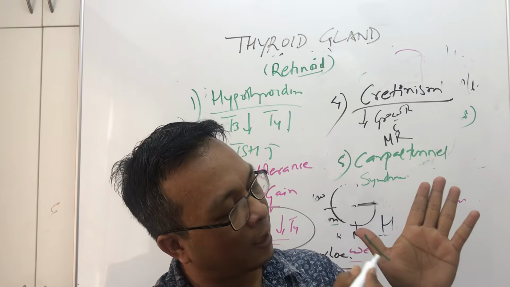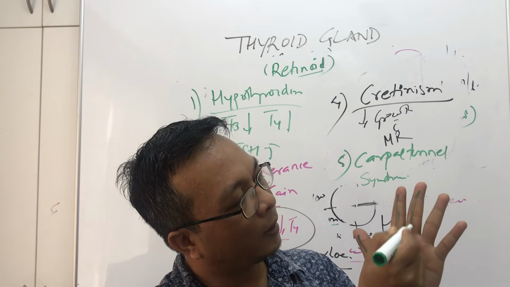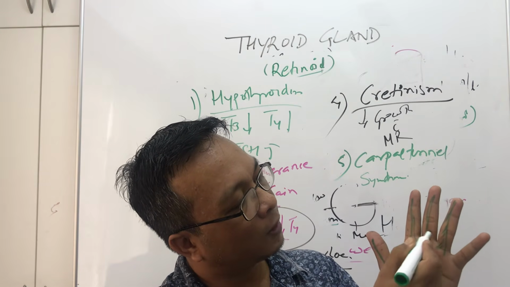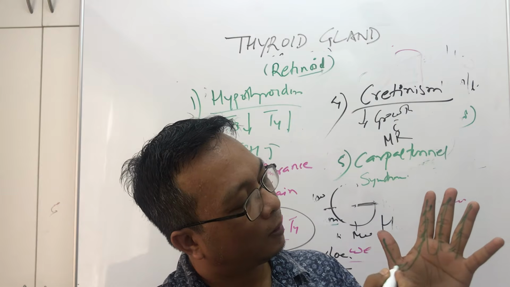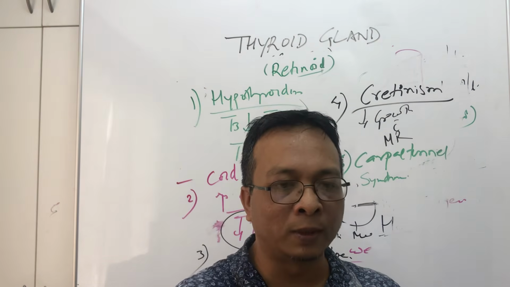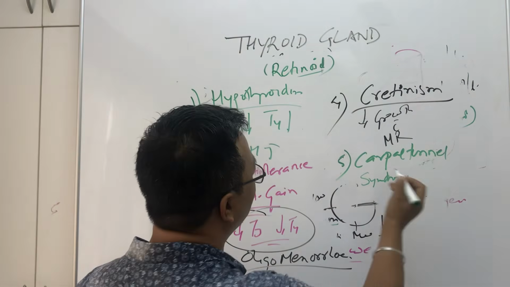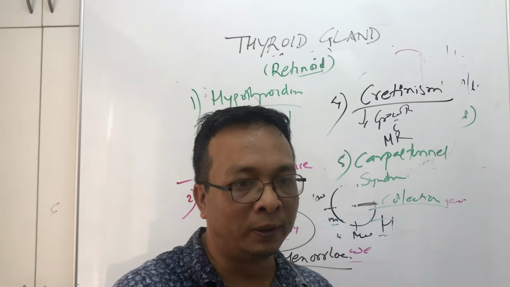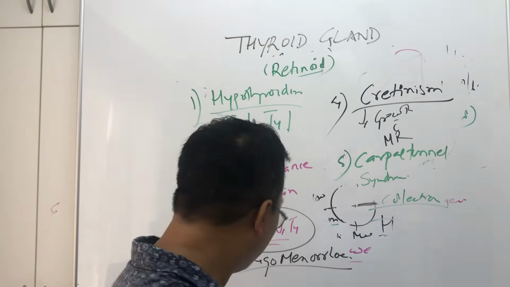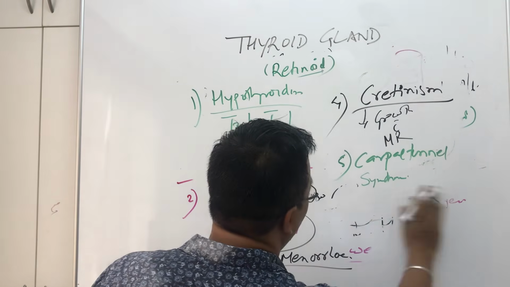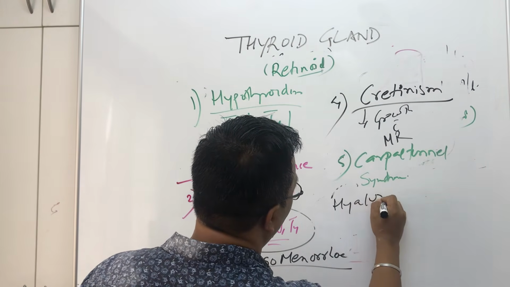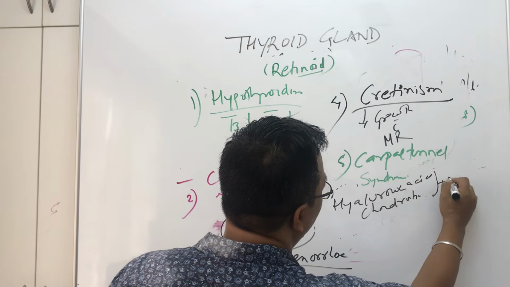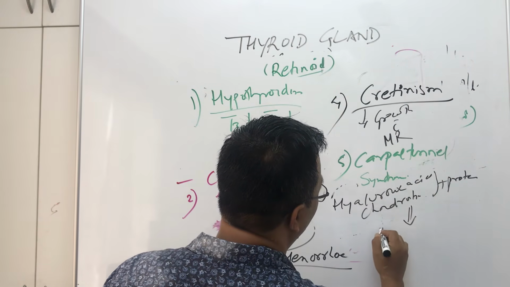So the median nerve supplies the thumb, this one, and half of this. So 1, 2, 3 and a half. These are supplied by the median nerve. So what happens in hypothyroidism? We know in hypothyroidism there may be swelling, sometimes a collection of interstitial fluid. Edema is also common in hypothyroidism. Why? In hypothyroidism, hyaluronic acid and chondroitin sulfate combine with protein and increase the interstitial fluid.